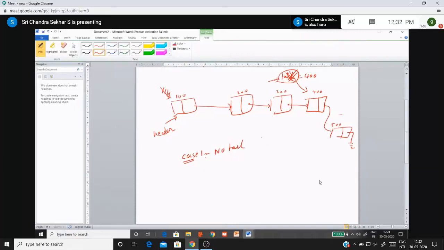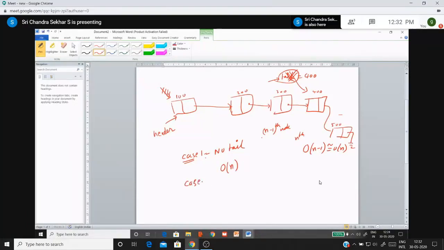If you want to delete the nth node, I said that you should have a pointer to the n-1th node. So you have to traverse to the n-1th node. Traversing to the n-1th node takes big O of n-1, which is equal to big O of n only. So if there is no tail reference, it is big O of n, which is very clear. Why? Because you have to traverse from the first node to the n-1th node. It takes big O of n-1, which is equal to big O of n.